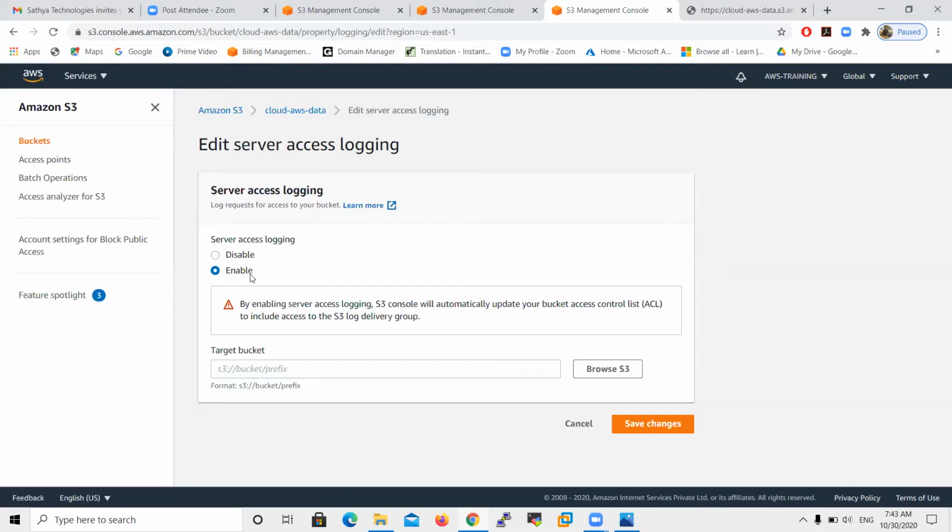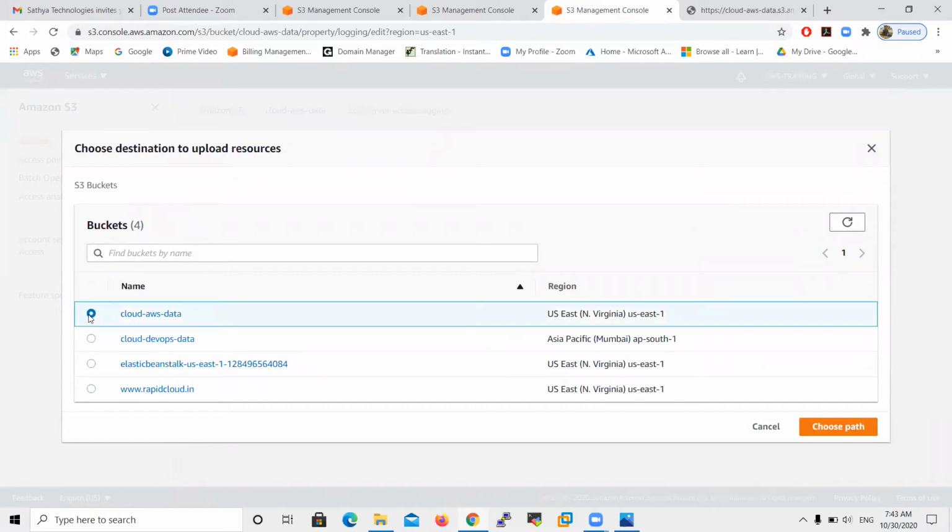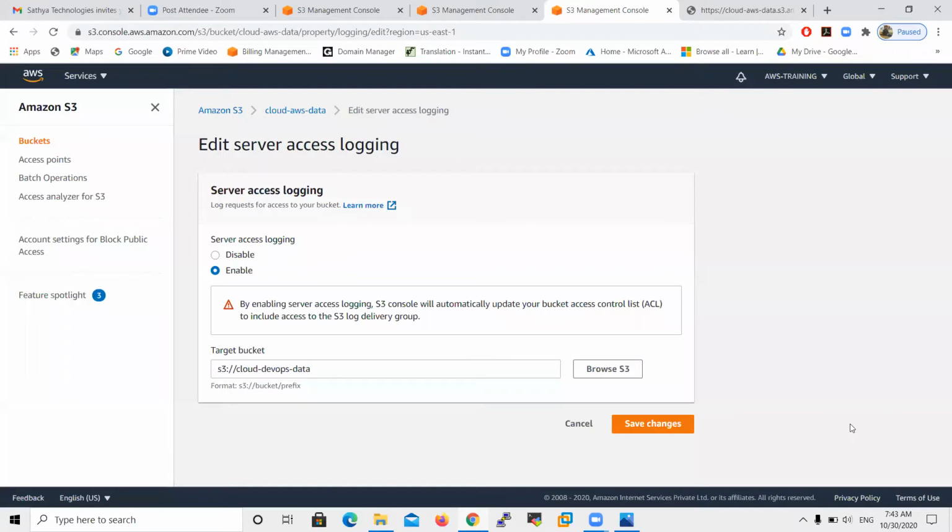And now where should the log files be recorded, in the same bucket or a different bucket? Just browse it. I want to store all log files in my AWS cloud data bucket, so choose the path and save changes.